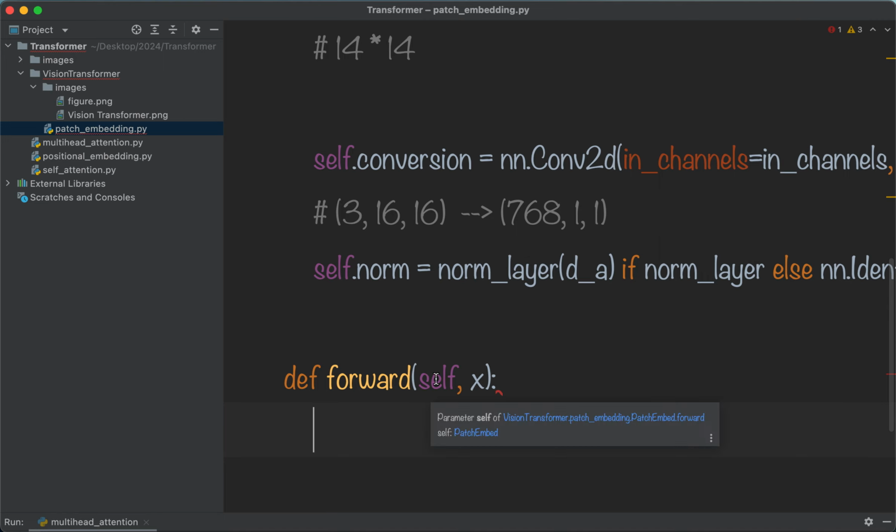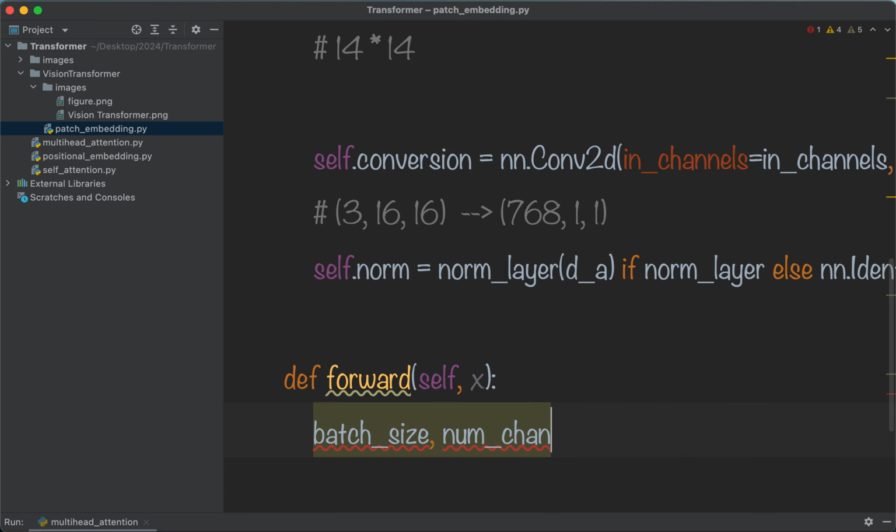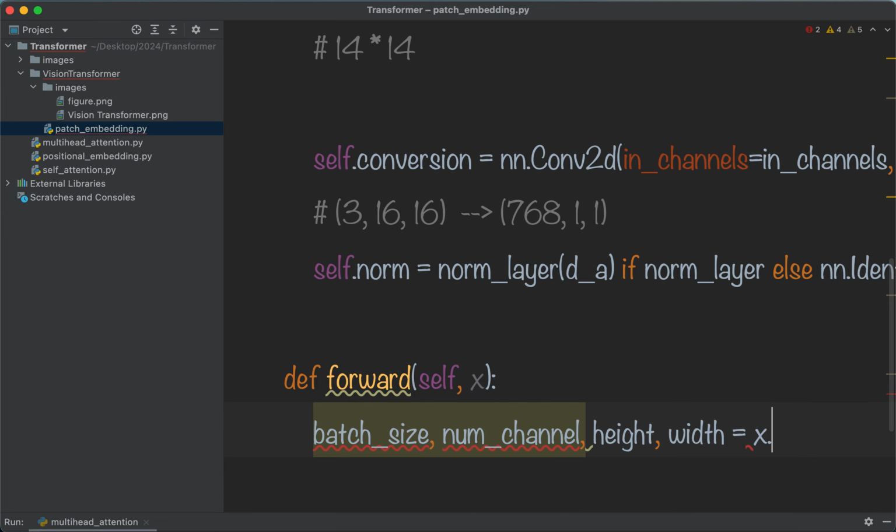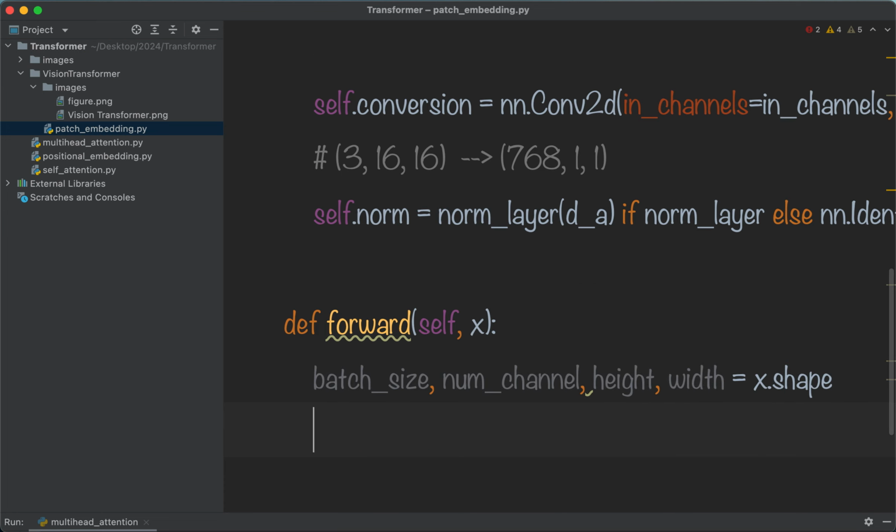The first dimension is batch size, then number of channels, height, and width. So x has 4 dimensions, right? And we need to make sure that